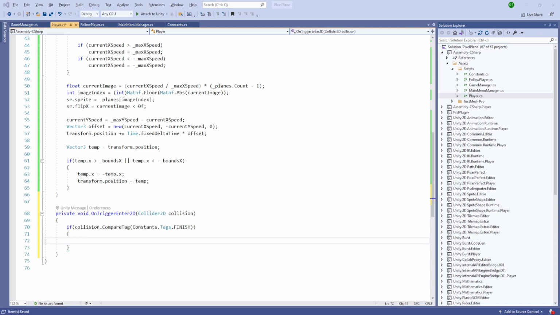Then game manager dot instance dot game over, but before that we are going to set has game finished to true